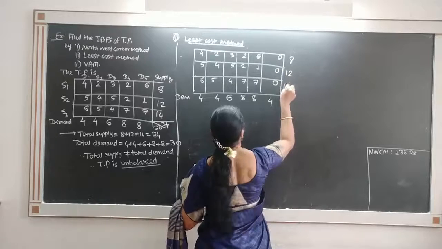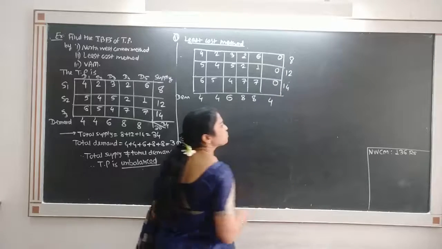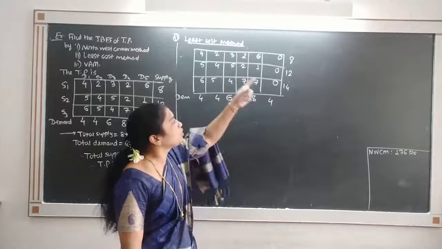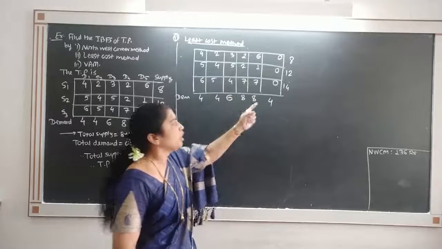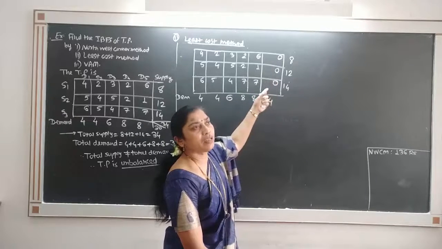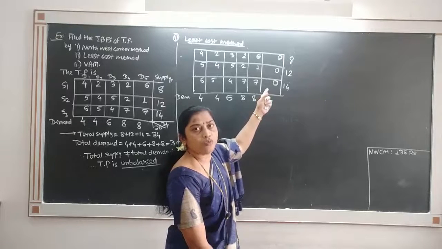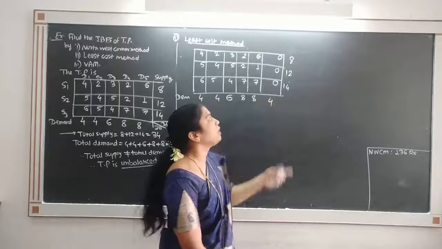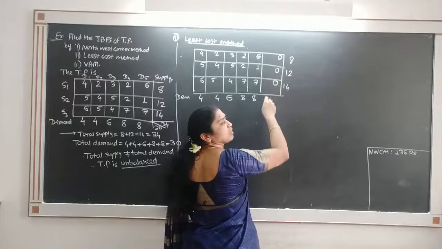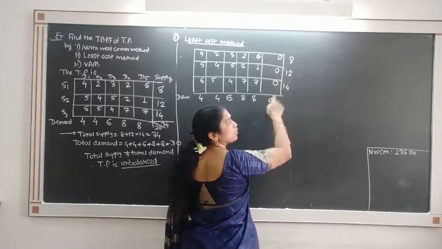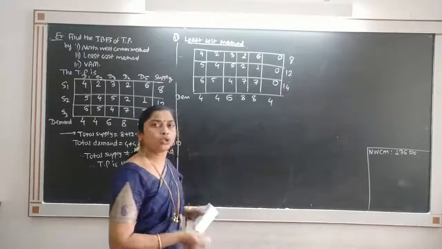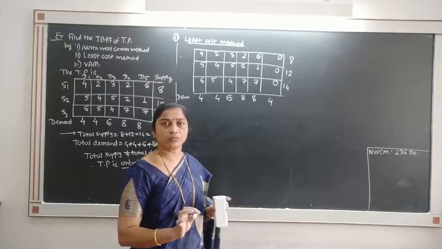Now least cost method. What is least cost method? You have to start with the least cost. Now the transportation problem is balanced. So start with least cost method. The table has least cost to be 0. Now there are 3 zeros, so a tie occurs. You can assign to that 0 where maximum allocation can be done. Because they are in the same column, maximum allocation can be 4 only. Minimum of 4 and 8 is 4, minimum of 4 and 12 is 4, or minimum of 4 and 14 is also 4. So you can allocate to any 0, no problem.